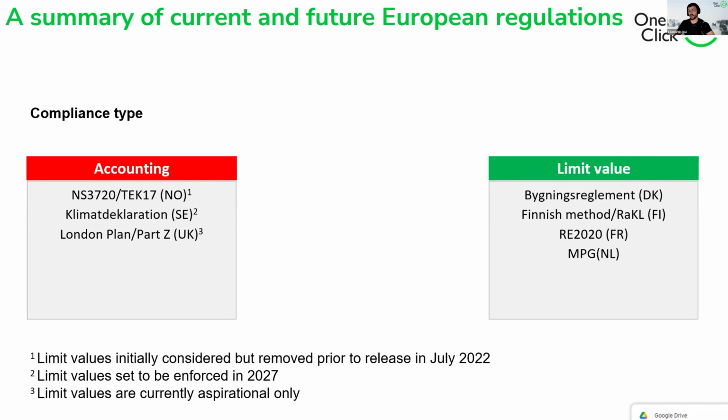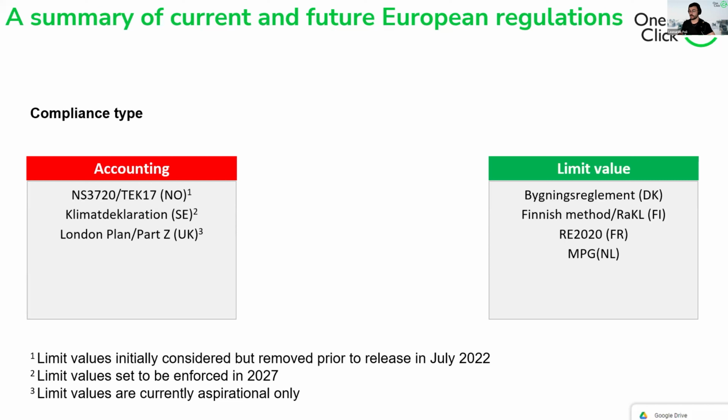When it comes to compliance type, there's only two things that we found to be relevant: reporting, aka the approach that we take to calculations and the results that we get out of those calculations. You can either do accounting, so you report against, or you can set limit values. Examples of accounting are the London Plan and Part Z. Limit values are mostly applied in the Nordics, as you can see there, Netherlands, Denmark, and Finland, but also France